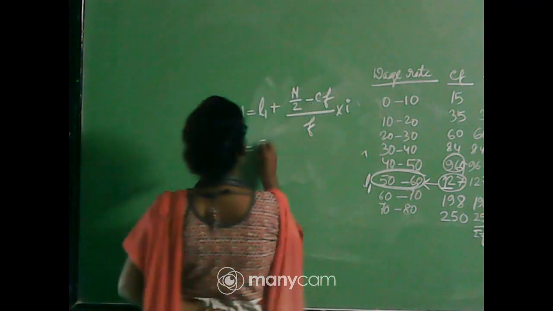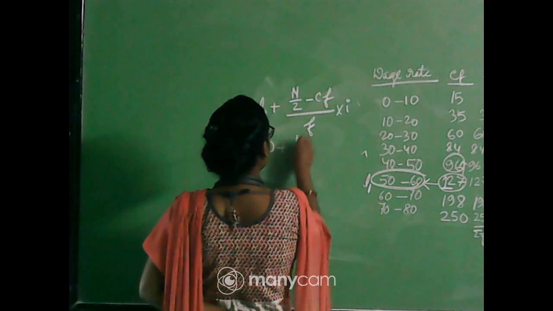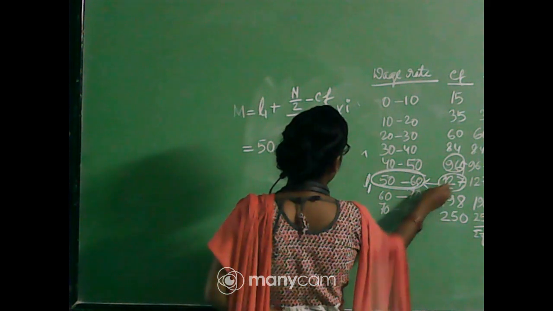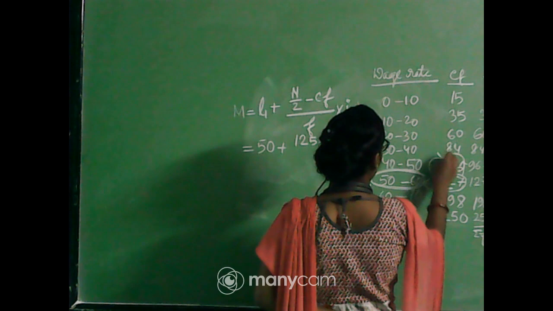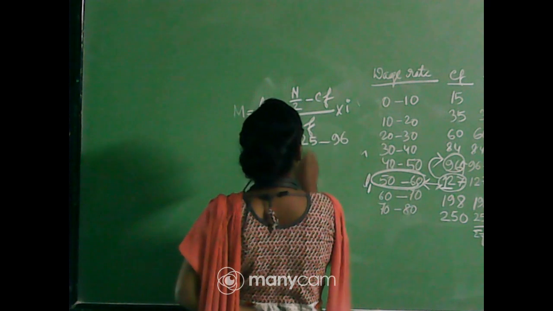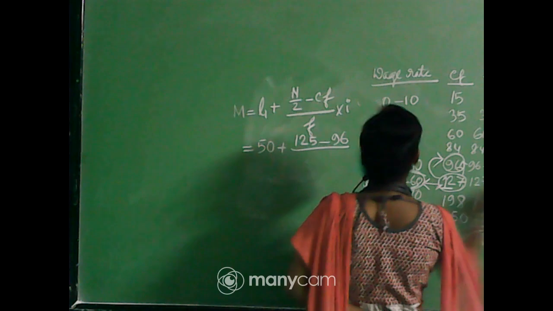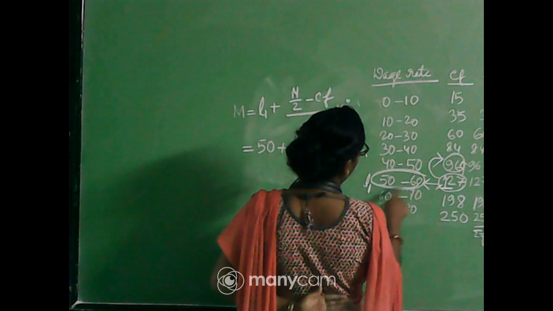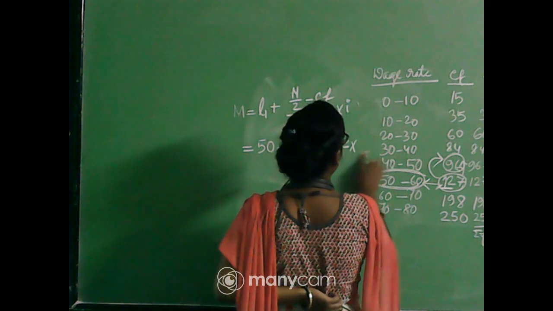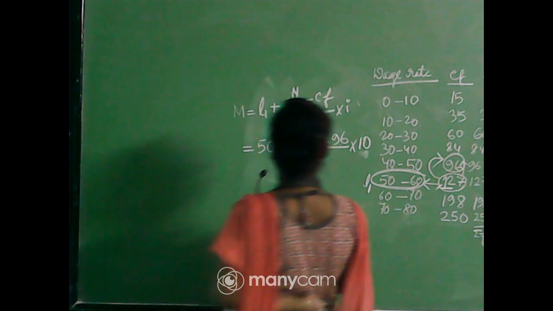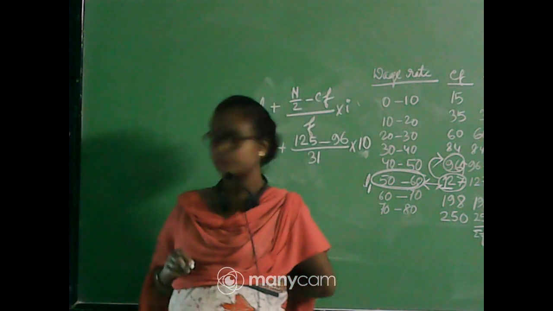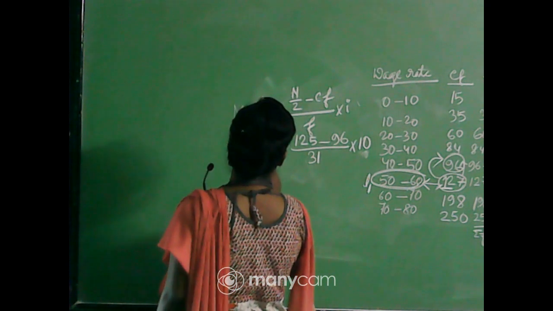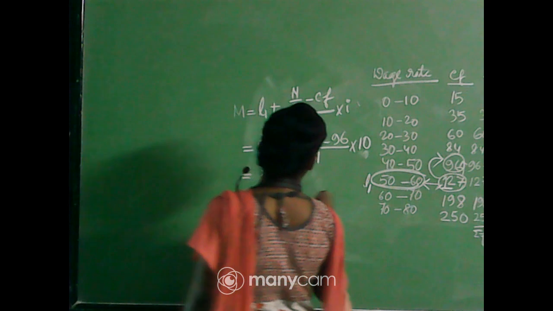Here 50 is the lower limit. So our lower limit is 50. Then N by 2 is 125. And this CF, we don't take this CF, we take the preceding CF, that means 96, divided by the respective frequency, 31. And the class interval of the median class, 60 minus 50, is what? 10. Now clear or not? Yes. 50 plus